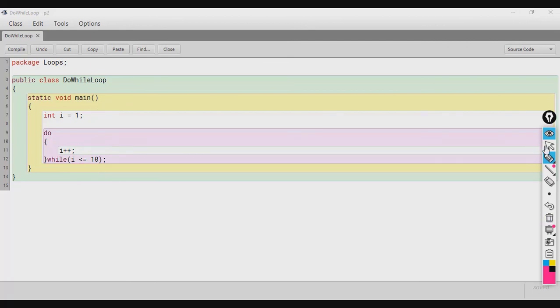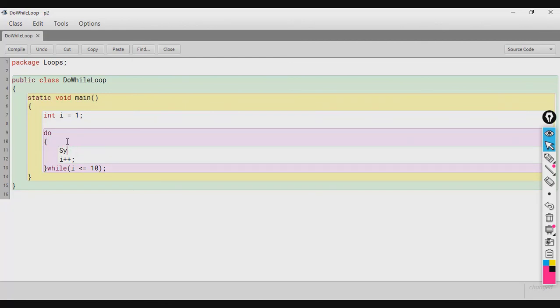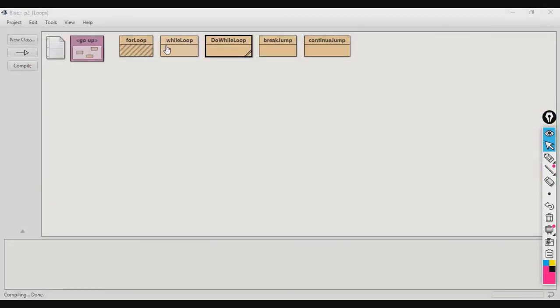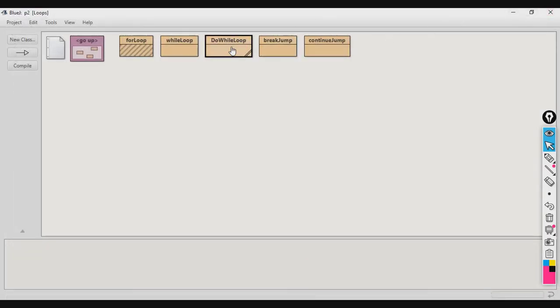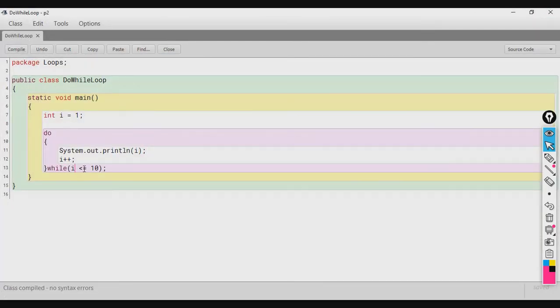So let's print the value of i, and look at the output. This should also print 1 till 10. As you can see, the numbers 1 till 10 are being printed. Now there is one specialty about this loop. It is exit controlled.